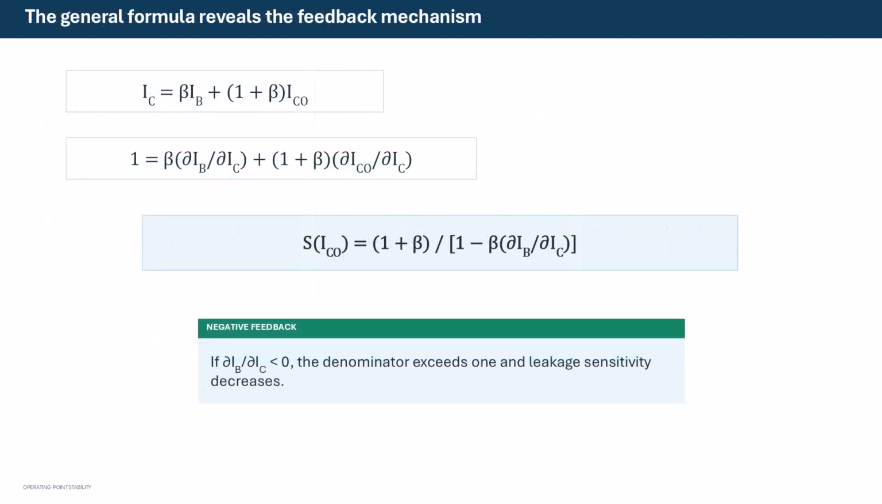Begin with the leakage inclusive collector current equation and hold beta and base emitter voltage constant. The bias network may cause base current to depend on collector current, so take the relevant partial derivatives under those held conditions. Rearranging gives the general leakage stability factor. The partial derivative of base current with respect to collector current is the feedback term. If rising collector current causes base current to fall, that derivative is negative, the denominator becomes larger and sensitivity is